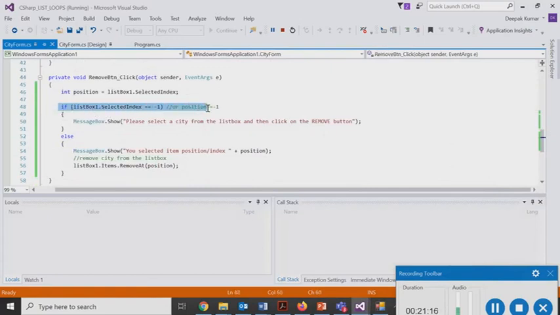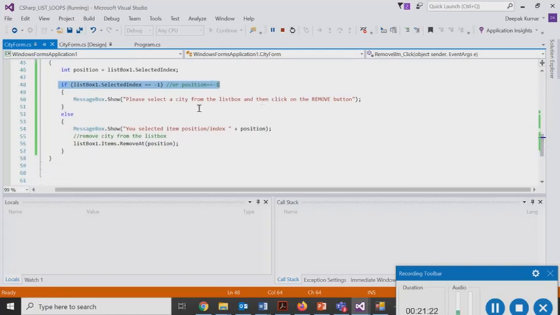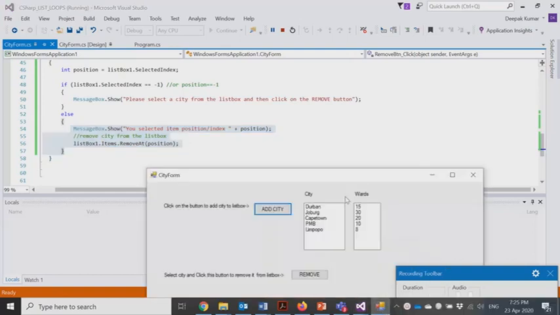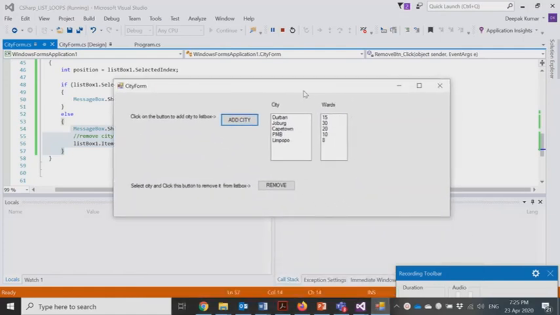So if listbox dot selected index is equal to -1, which means that you haven't made a selection, it will display a message to you that please select a value from the list box, and it won't execute this remove command. So as a result of that, we won't get that error we had last time. We had an exception thrown, so we can handle that exception.